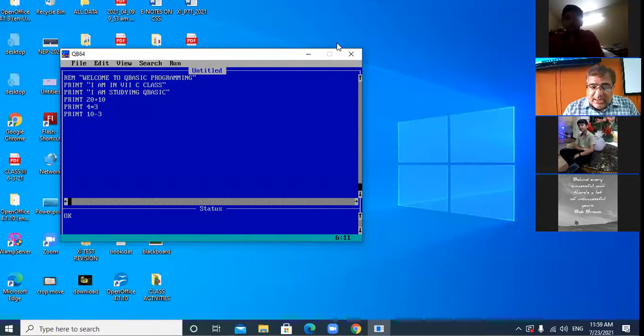Then the next command is the CLS command. Beta, the CLS command stands for clear statement. What is the use of clear statement? Beta, the clear statement is used to clear the output screen.